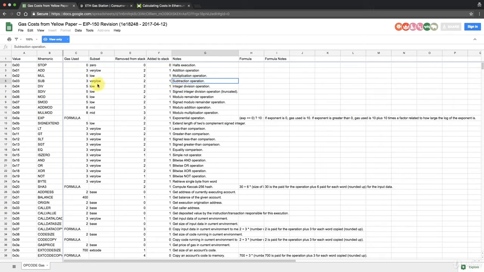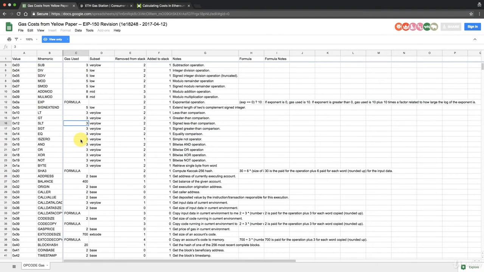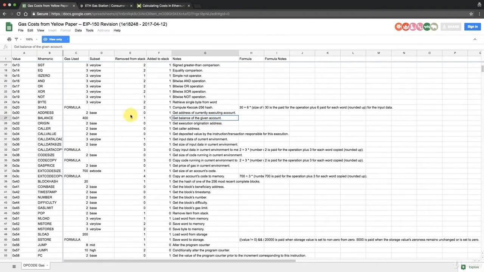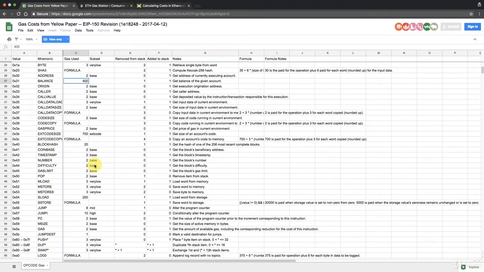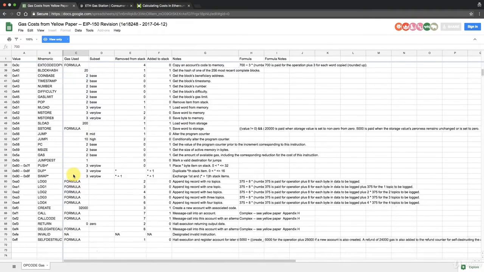To run a subtraction operation is 3 units of gas, integer division 5, and you can look through these. For example, bitwise AND operation 3, signed less than comparison 3, and so on. Get balance of the given account 400 gas, get size of account's code 700, and so on.